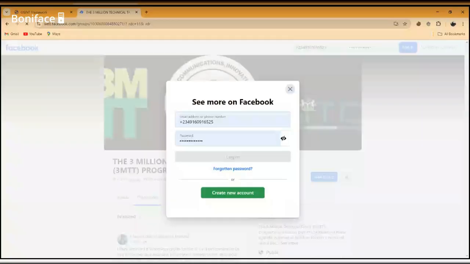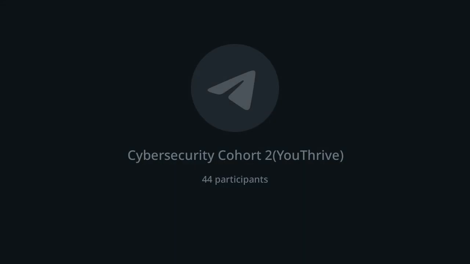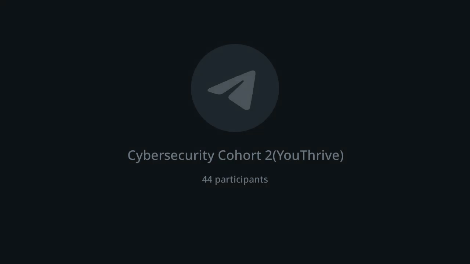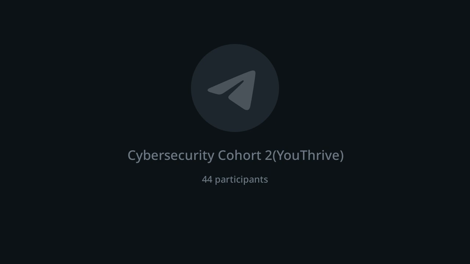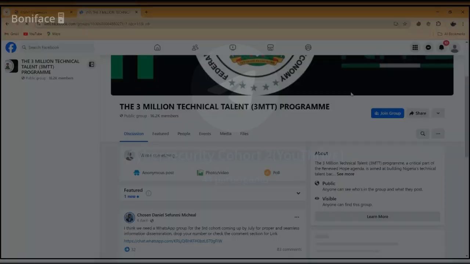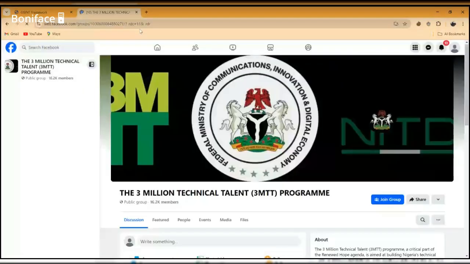So it is assumed that we just want to gather one or two pieces of info. Like I said before, we want to gather one or two pieces of information about Emmanuel. Practically, that is what we have been talking about since, which is OSINT. Now we are making use of Facebook. So we can just go to the search icon. Sorry, I don't really know how to use this.